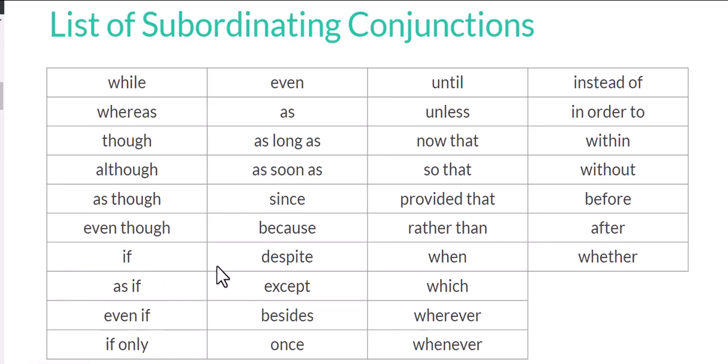We know that as long as. Okay, so this is a big list for you, and I know that you might not be able to remember it or memorize it, but the only thing I need you to know is that any words from this conjunction list